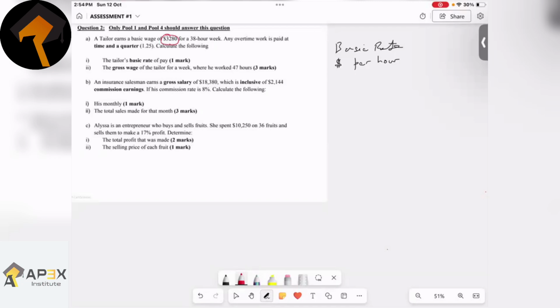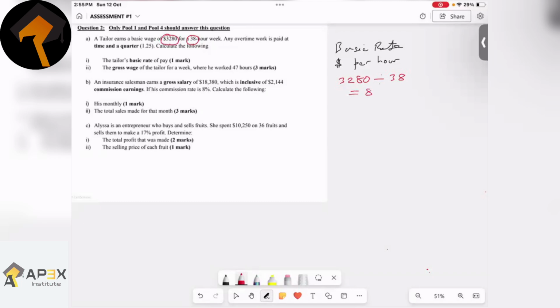If the wage received was 3,200 for a total of 38 hours, it would simply mean that the calculation would have been 3,280 divided by the amount of hours worked in order to get that amount of money. So notice, guys, if you think about it, you worked for 38 hours to get a total of 3,200. You would have had to be paid a certain amount of money per hour. So if you divide your income earned by the amount of hours worked to gain that income, then your answer